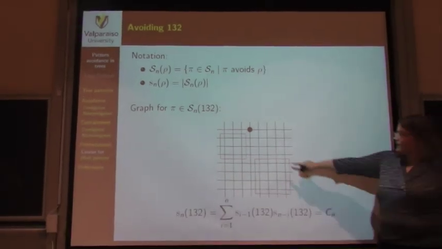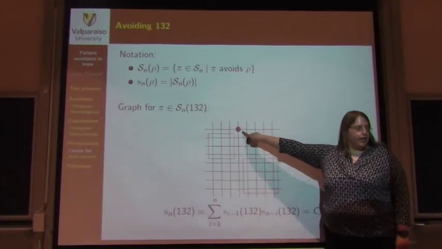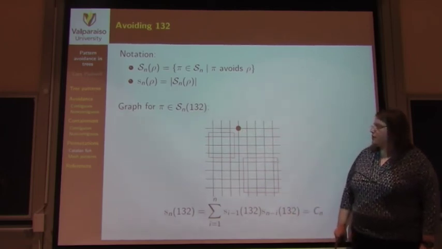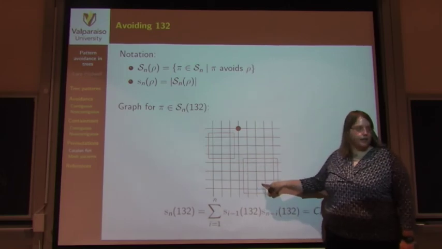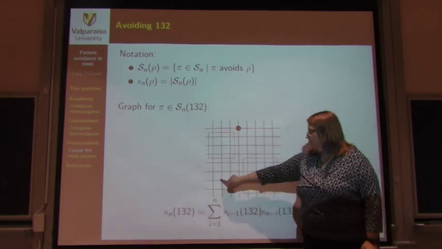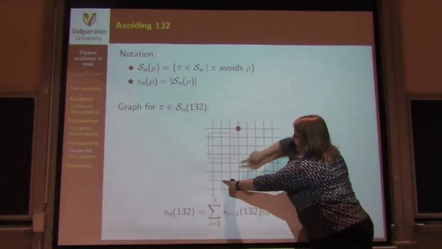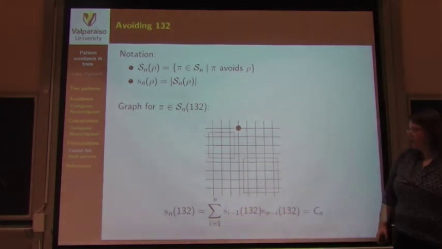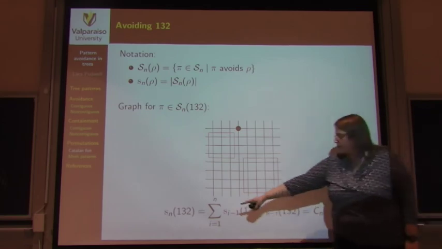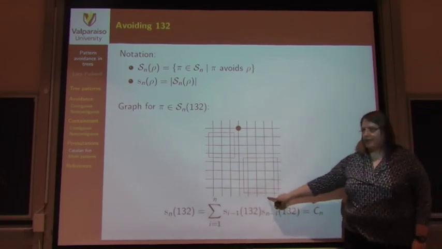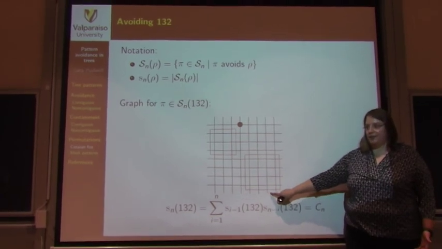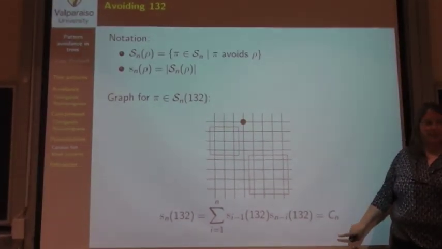The largest digit has to be somewhere, so let's say it's in position i. And then if you avoid 1, 3, 2, all the other points in your permutation have to be in one of these 2 boxes. Because if I had something smaller here and something larger here, I just made a 1, 3, 2. Everything on this side has to be larger. Well, that means the number of 1, 3, 2 avoiders satisfies this recurrence. And with the right base cases, that's a recurrence that we all know and love for the Catalan numbers. Now we've already